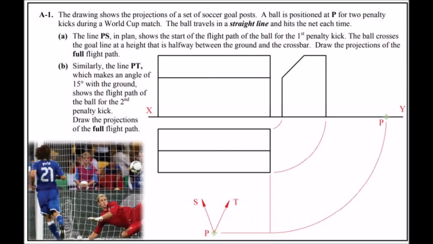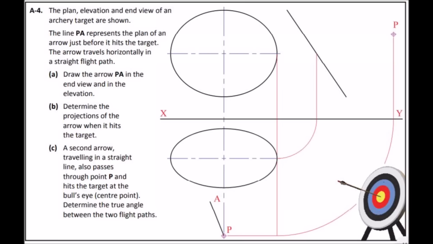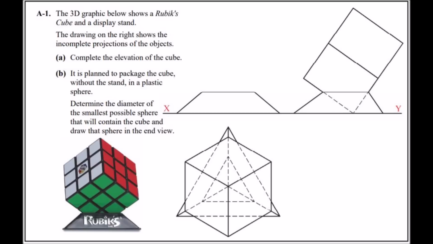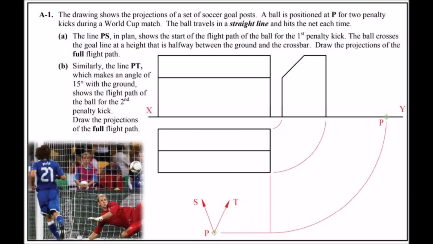The projection system question, I'm sure you all know what I mean by that, but I'll just quickly go through it if you don't. So I'll have a few images pop up here now showing you what I mean. So the projection systems is basically your orthographic projection. You have an elevation, plan and end view, and you might have to complete one of the views. Like one year it was a Rubik's Cube, and then afterwards you had to show the smallest possible packaging you could fit it within. Or there was the goals, the elevation, plan and end view of the goals, and you had to find the path of 2 penalties that were kicked. So something like that, because that hasn't come up in a while.